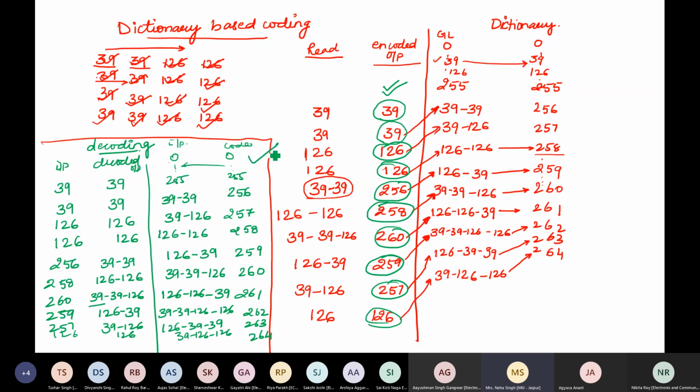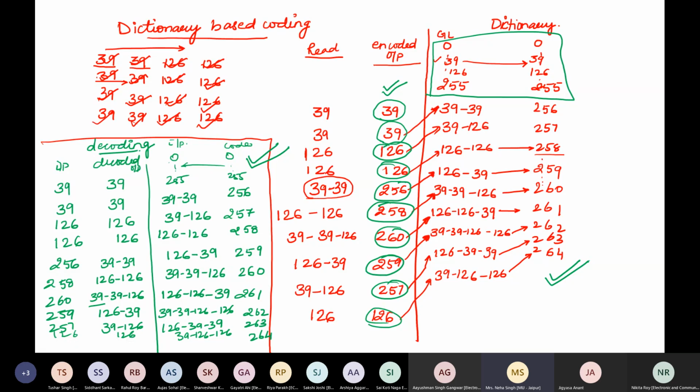If I look at this dictionary regenerated at the decoding end and the dictionary generated at the transmitting end, the two should be the same. The two will always agree. The only thing I need to exchange is the initial codes which are sent, and the rest of the dictionary will keep generating itself.